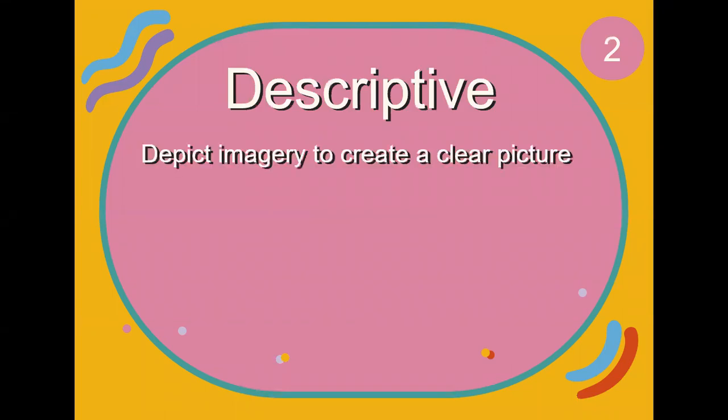In the descriptive style, the writer uses the words in order to depict the imagery, to help the readers to understand about the person or the object. That is, the writer gives a very clear picture about the object or the person that he is describing. So I have an example for you here, which I borrowed from the internet, but I found that it is a very useful example. So let us read this example.